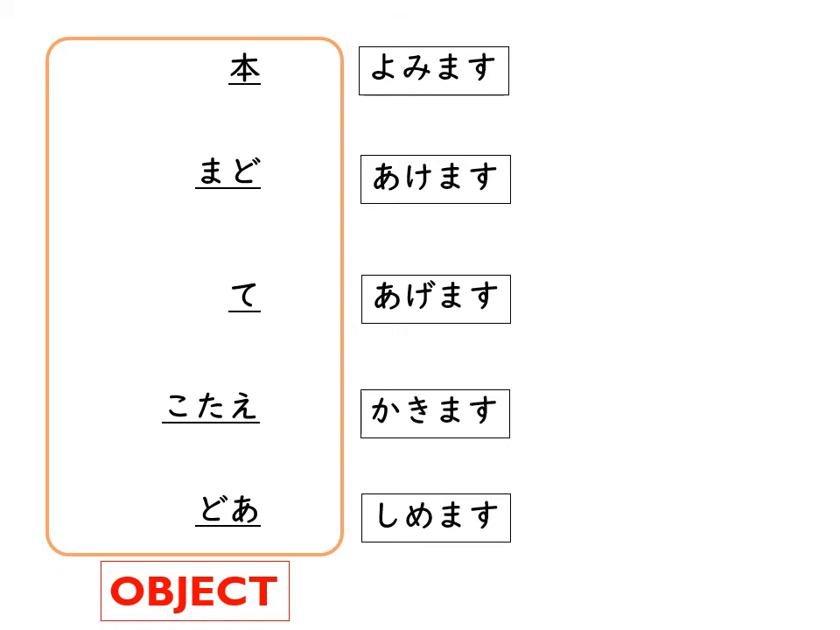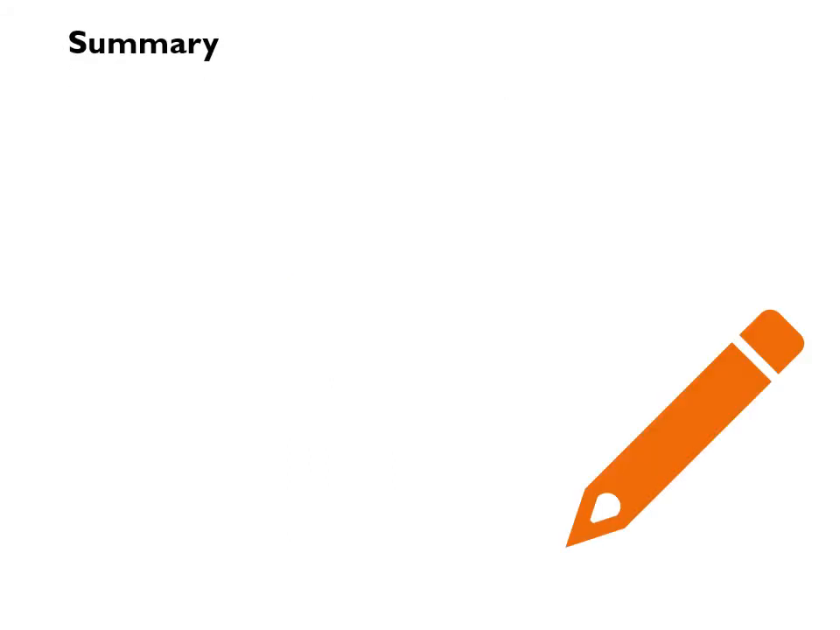So, I read a book is 本を読みます. I open the window. 窓を開けます. I raise or put up my hand. 手を上げます. I write my answer. 答えを書きます。I close the door. ドアを閉めます。